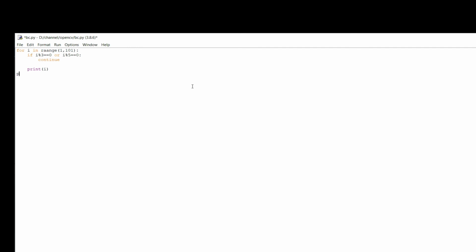Irrespective of the code, I also want to print bye. So let's run this code and check whether it is valid.